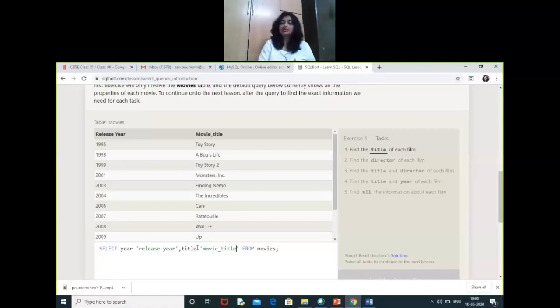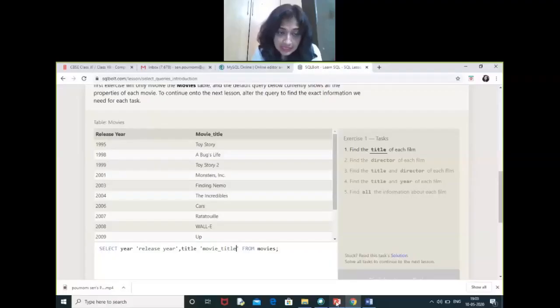What is a view? Once again I am repeating, it's the result of a query. When you apply one query on a particular table, what you are getting as output, that is called the view. So these are different types of select statements, and it also has been provided in your study material, as you can see. So this is printing all the columns, printing selected columns, and clubbing conditions like this.